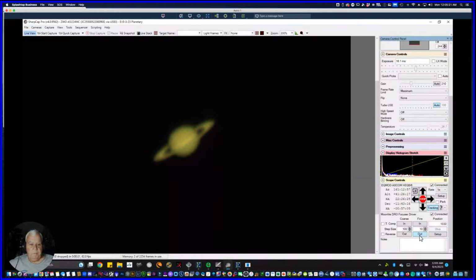I can't tell. I thought I had a better focus before I went to the moon and used it as a focus reference when we were on Saturn before, but I can't tell. That looks better to me in a lot of ways, but